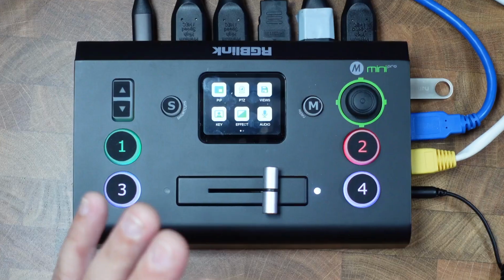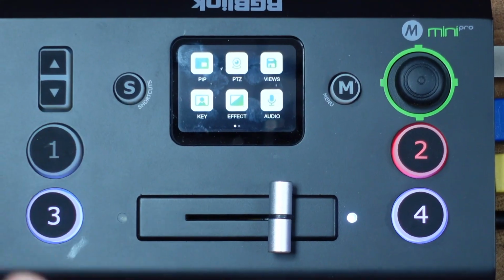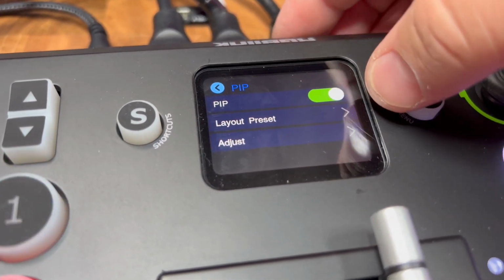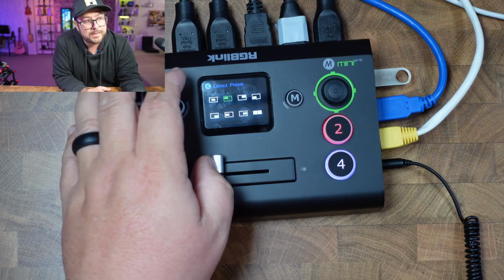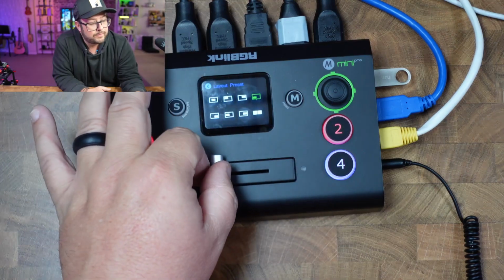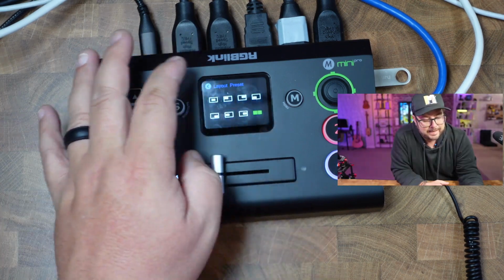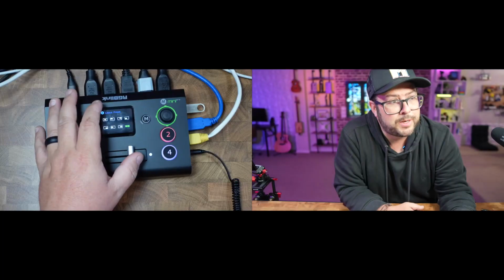So I have the RGBlink Mini Pro video switcher. Let's just go ahead and go through this menu. All right, so we have the picture in picture where you can turn on picture in picture. We can go here and we can have it up here, down here. Also, you can have it on this side, and you can also have the split screen look,